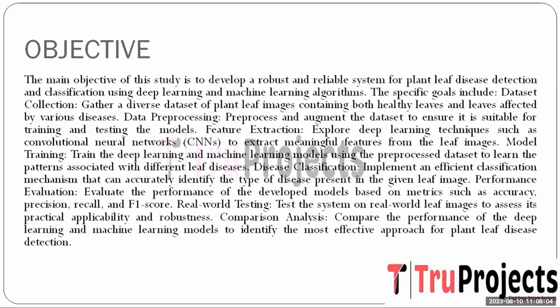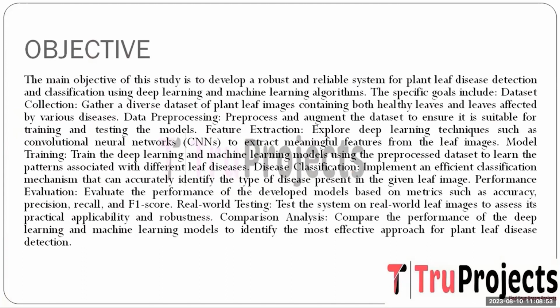The specific objective encompasses various stages: initial collection of a diverse dataset encompassing both healthy and disease-affected plant leaf images, meticulous preprocessing and augmentation of the dataset to ensure it is appropriate for model training and testing, exploration of advanced techniques of different deep learning models to extract the pertinent features from the leaf images, subsequent training of the deep learning and machine learning models with the refined dataset to grasp distinct disease-related patterns, establishment of a proficient classification mechanism capable of accurately identifying the specific disease present in a given leaf image,